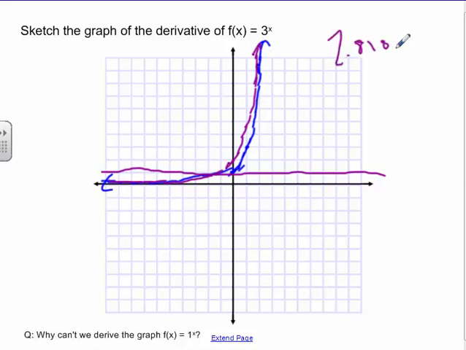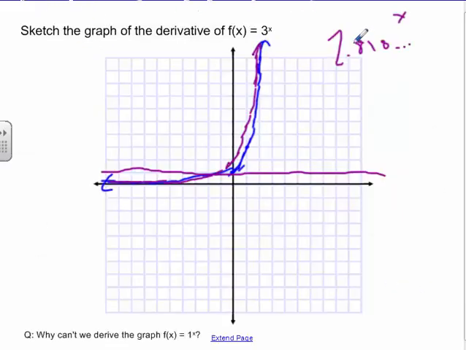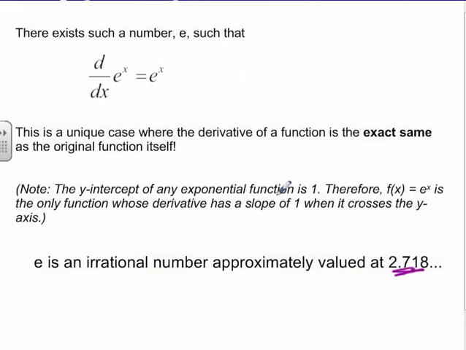So if we were to take 2.7 etc. to the power of x, and derive that number, it derives exactly onto itself, which is this value right here. I take that back, 2.718 is what e is. And so e is this irrational number, which is about 2.718. And think of it like pi. You know how pi is equal to 3.14159, etc.? Well, e is another constant, and its value is 2.71828, etc. And it's one of the 5 main constants that I talked about, the other ones being 0 and